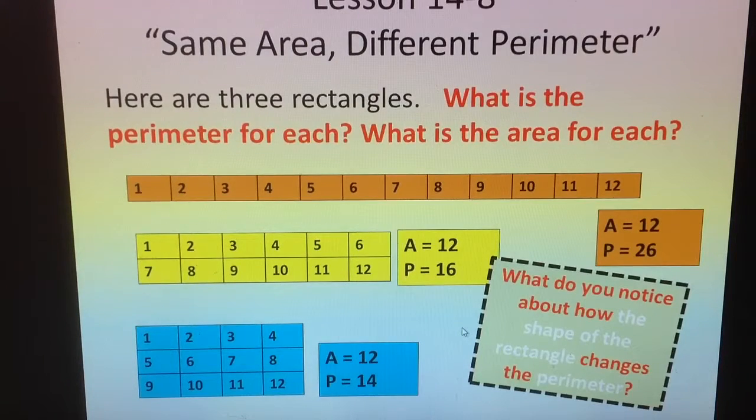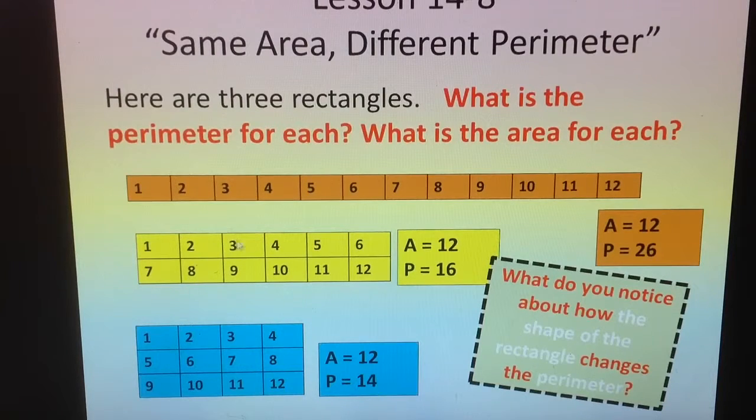So what do you notice about how the shape of the rectangle changes the perimeter? Longer, skinnier rectangle is a bigger perimeter. Shorter, more like a square rectangle makes a smaller perimeter. Why is that? We puzzled over this for a while, and then we realized what's happening here is that you're taking what was the perimeter, these little edges that touch the outside of the shape, and sort of folding them